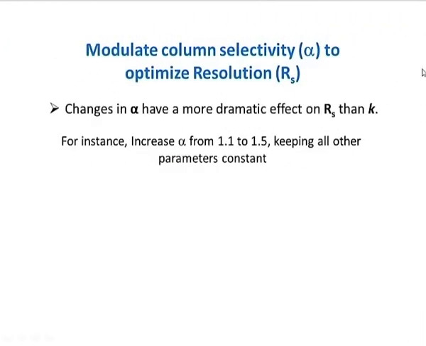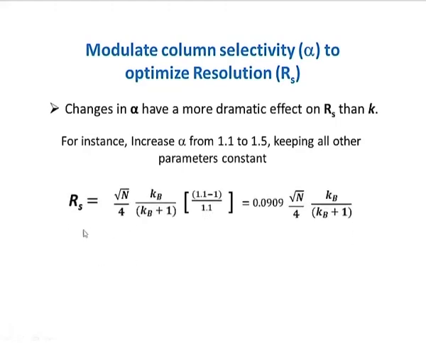Now, let us take the second factor, which is selectivity, and let us see how to modulate selectivity to optimize resolution. One could easily observe that change of the selectivity factor alpha has a more dramatic effect on resolution than changing capacity factor, and this can be proven by the following two equations. Now, let us say in this particular equation we have an alpha selectivity factor 1.1. So, if you solve this, you find the value of resolution comes out to be 0.09